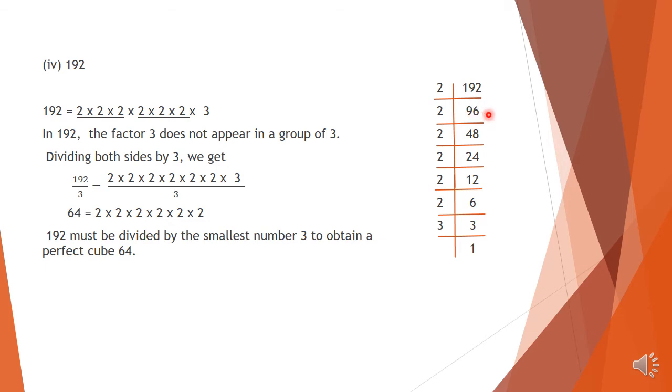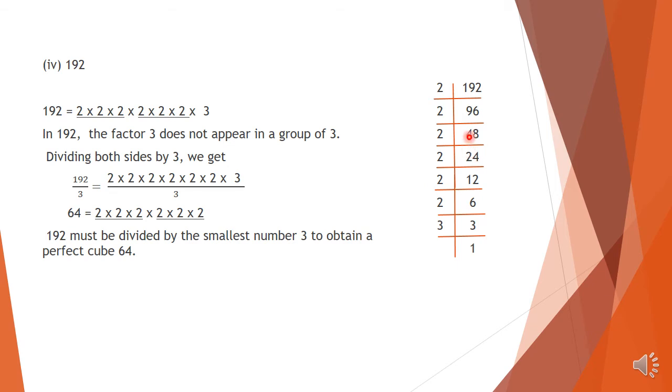It is even. So we write on the side 2. In 9, how many 2s are there? 4 2s are 8. 9 minus 8 we get 1. 1 and 6 makes 16. And in 16, how many 2s are there? 8 2s are 16. Now the number is 48. The number 48 is even, so we write on the side 2. In 4, how many 2s are there? 2 2s are 4. No remainder.